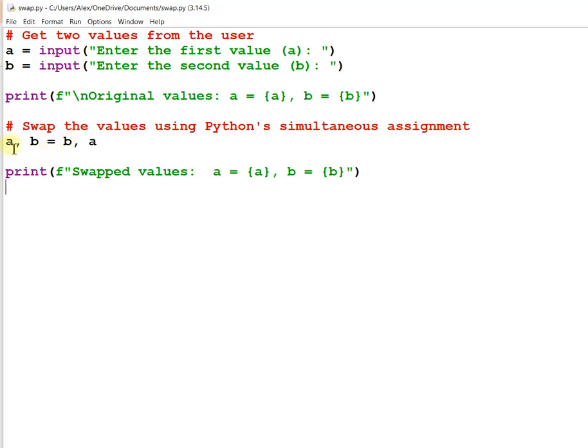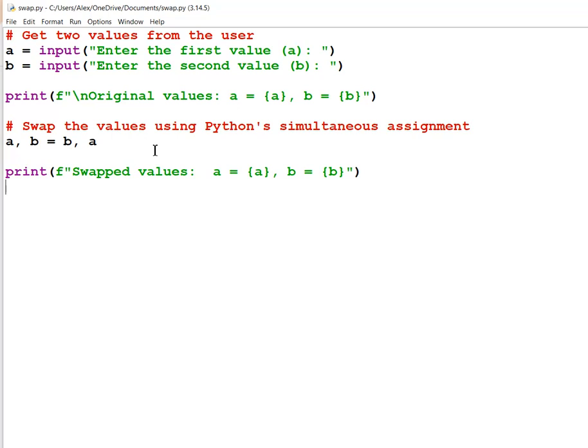What was A, now it is not. Now A will hold the value of B and B will hold the value of A. Alright, so this way, through the simple declaration method, they have swapped the two values.